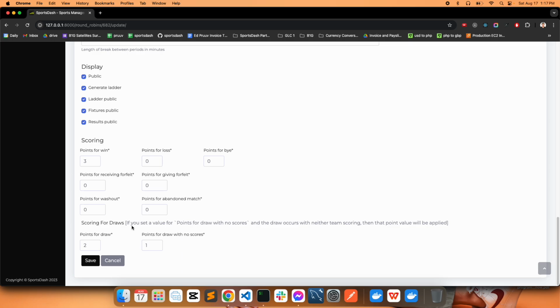scoring for draws, additional configuration. So if you set a value for points for draw with no scores, and the draw occurs with neither team scoring, meaning draw with no scores, then that point value will be applied. So if I say here 1,